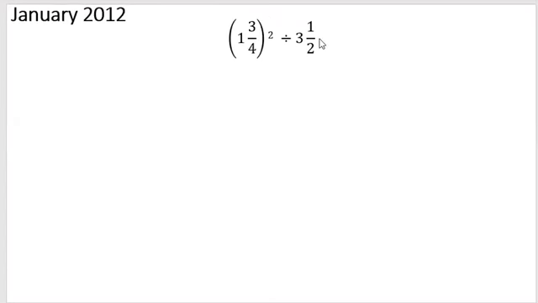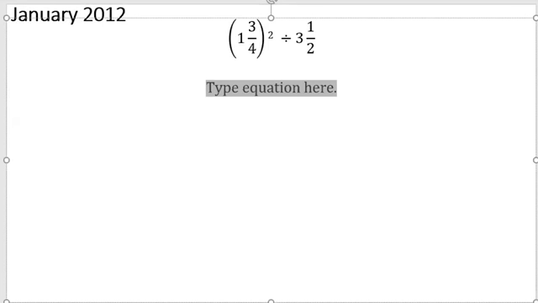So January 2012. What this is saying is 1 and 3/4 squared. So that first bracket is actually squared. What that is saying to us is to multiply this fraction by itself. So when we change it, it's 4 ones, 4 plus 3, 7/4. 7/4 multiplied by 7/4. That is what square is telling us to do, and that is divided by 2, 3,